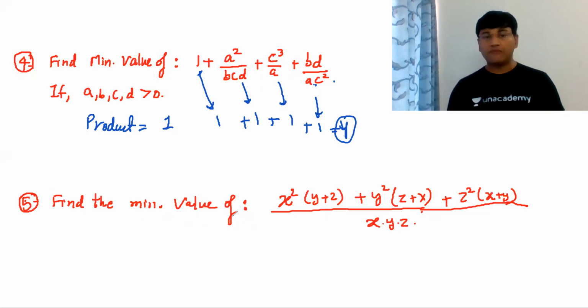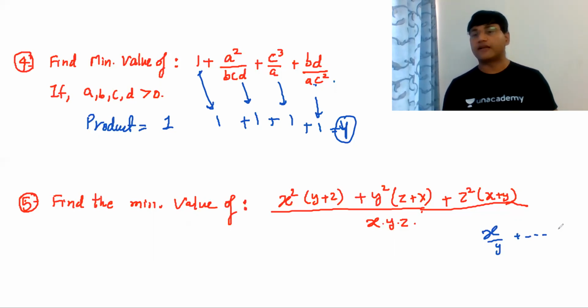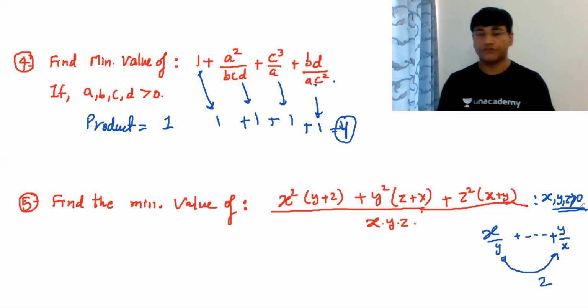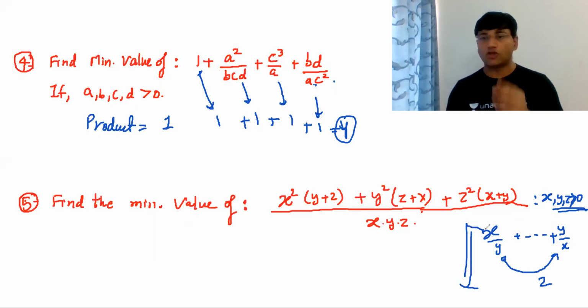Now find the minimum value of this number. Now here guys, we can use the rule of reciprocal wala. If you separate all the terms, you will get terms like x upon y, and somewhere you will get a term like y upon x. So sum of a number plus its reciprocal, the minimum value is 2, given that the numbers are positive. That is also required condition to be given to you. The number should be positive. So guys, this is one way of doing it. This is what you can do by separating them, but there is a shortcut.